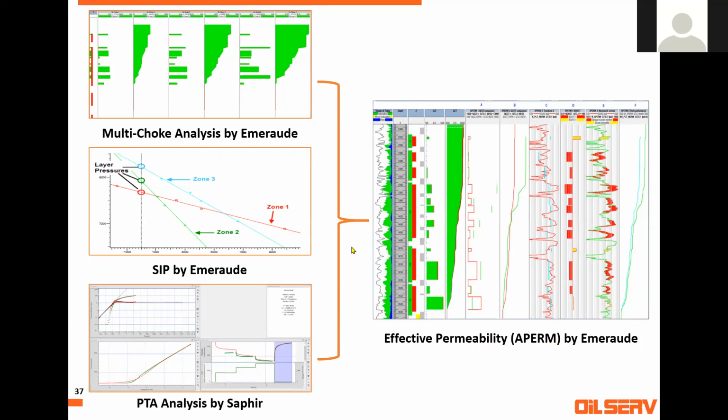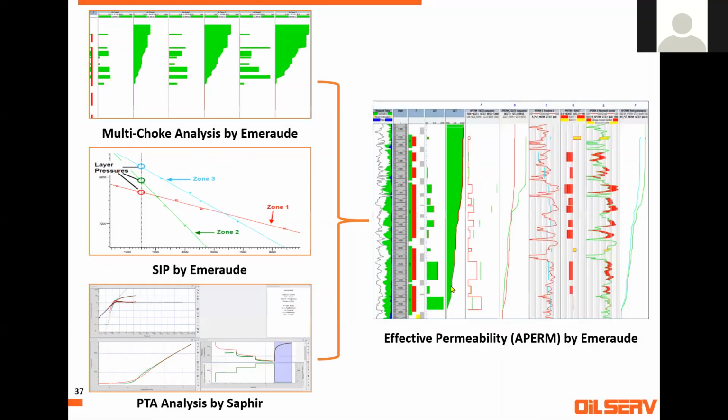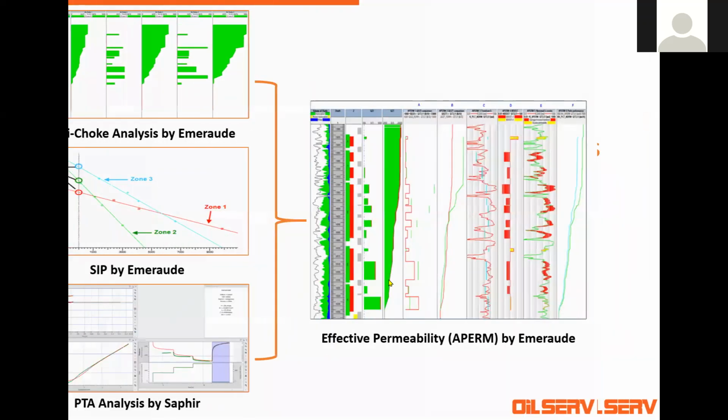Take all these results. Kappa gives you the liberty to make all that in an easy way. You just export from here, import to there, everything is there. And there are videos on the Kappa website. You just go there and you will find how to do that. There are training documents also. So that was some benefit of integrating PLT with the PTA data.